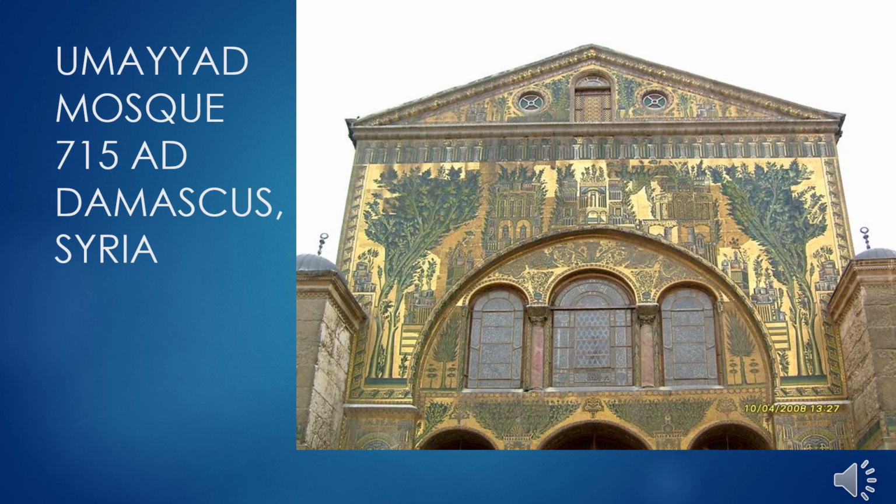One reason why Byzantine style was important is it held sway in a broad area of the world for over 1,000 years, influencing everything from Mughal architecture in India to Islamic design, as seen here at the Great Mosque of Damascus. And this is the Umayyad Mosque from 715 AD, one of the largest and oldest in the world, built on the site where John the Baptist's head is reported to be buried.